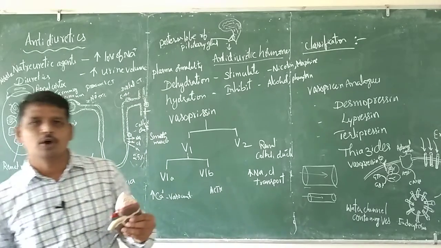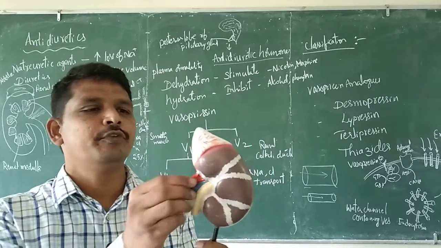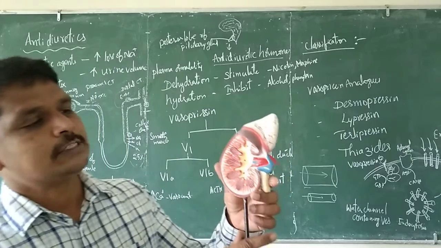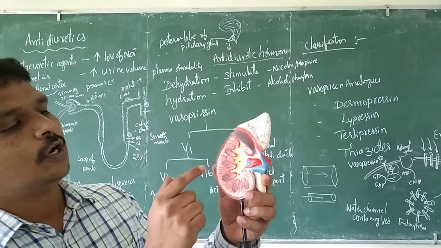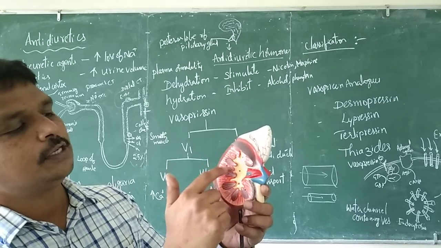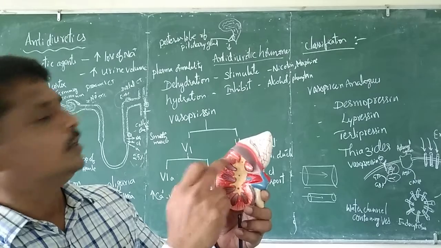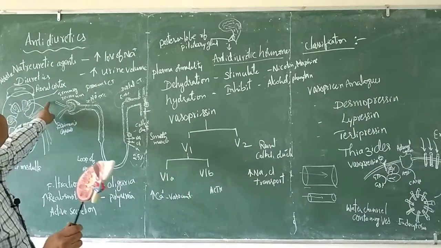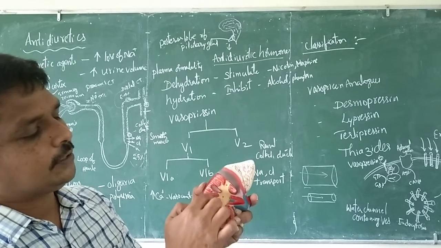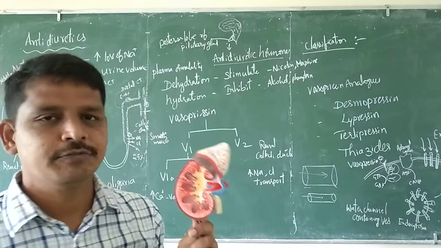Okay, so this is the normal model of the kidney. If you go for the transactions, the kidney is going to appear somewhat like this. So this is the cortical region and medulla region, the renal cortex and renal medullary region. Normally these Bowman's capsules are present in the renal cortex, and the collecting duct is going to be there in the medulla. Each kidney consists of around 1.2 million nephrons.